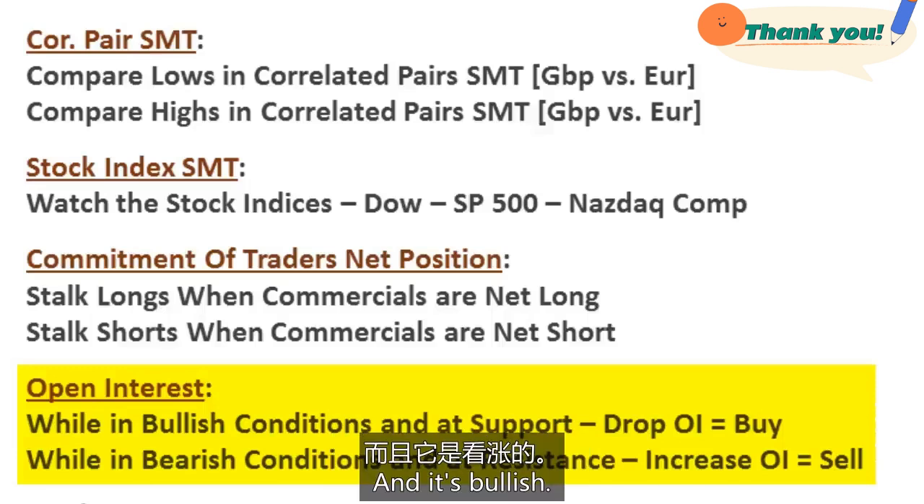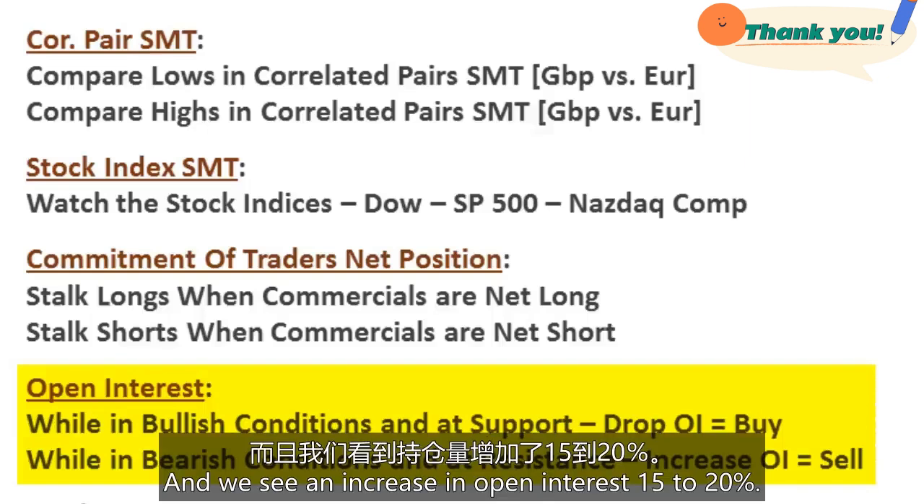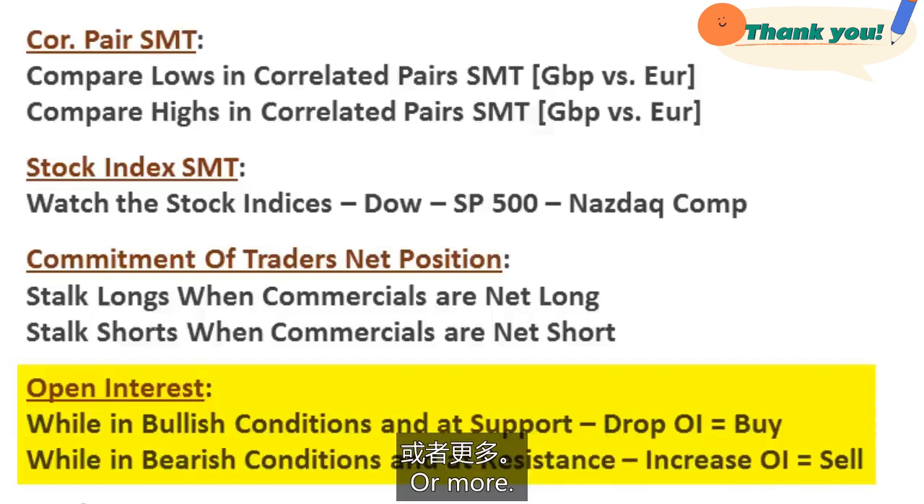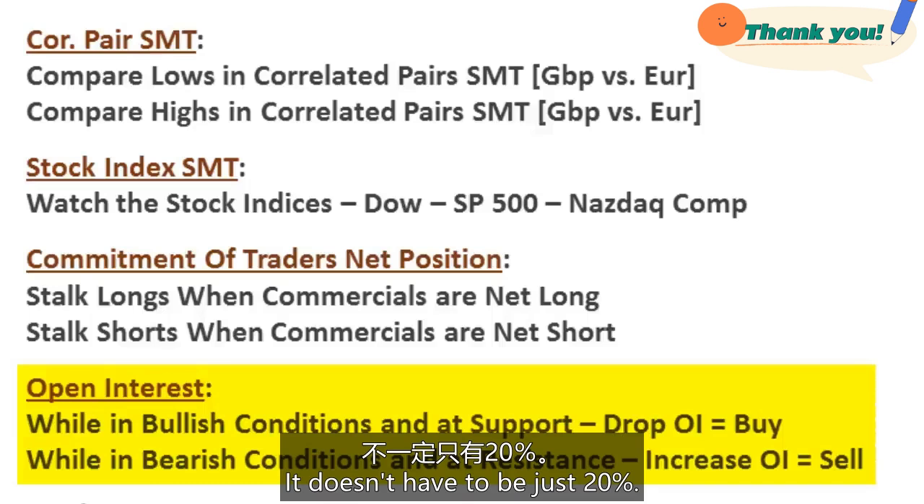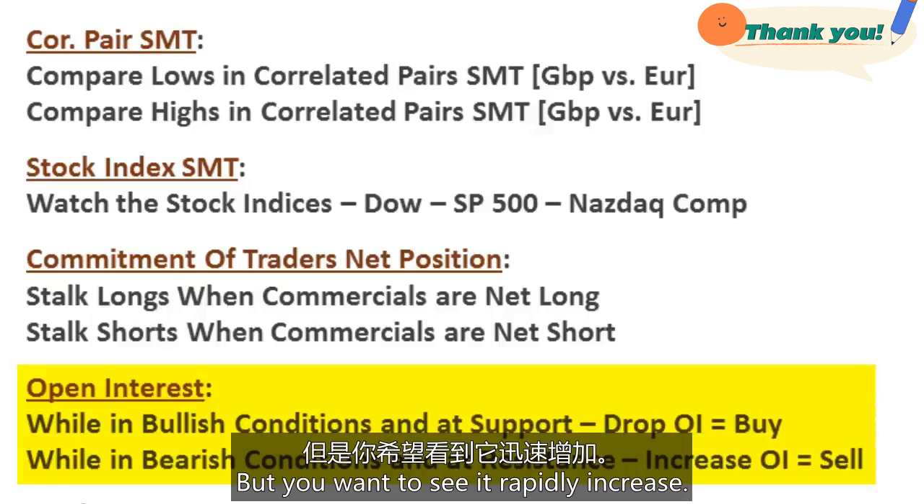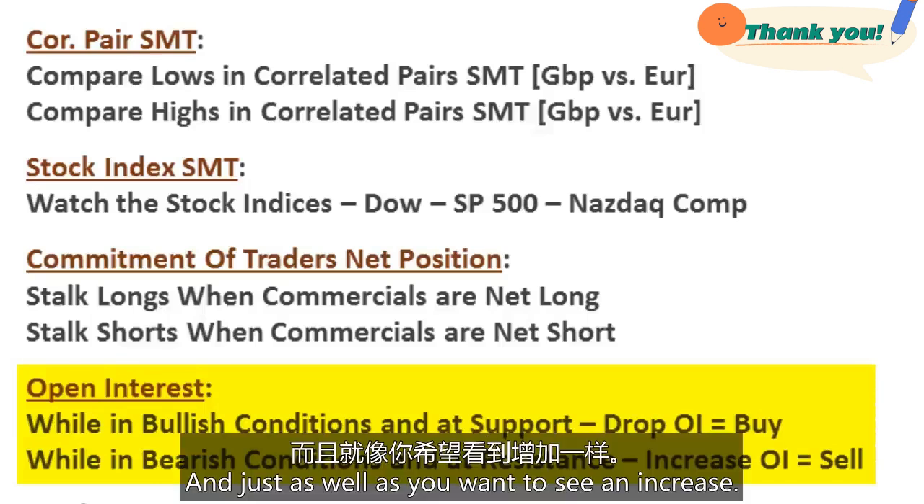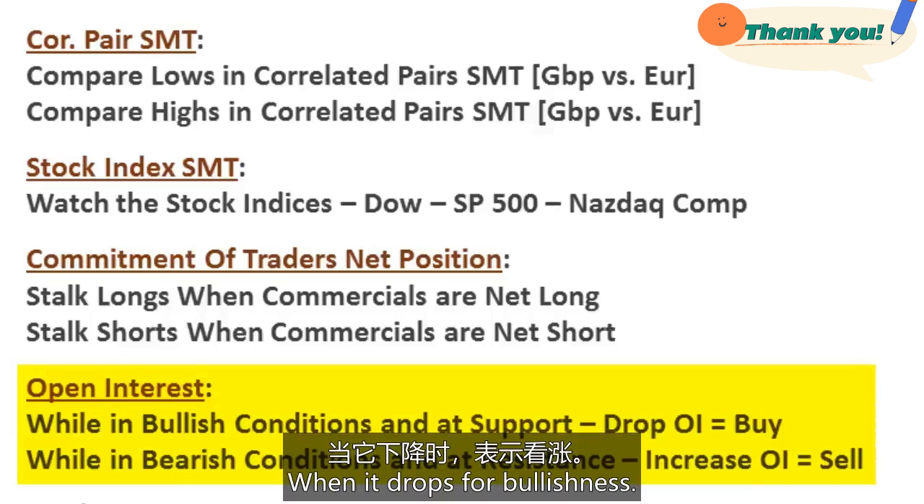and it's bullish. In bearish conditions, when price is trading at resistance and we see an increase in open interest of 15 to 20% or more, it doesn't have to be just 20%. It may many times be even greater than that. But you want to see it rapidly increase, and you don't want to see a gradual increase. You want to see a rapid increase,